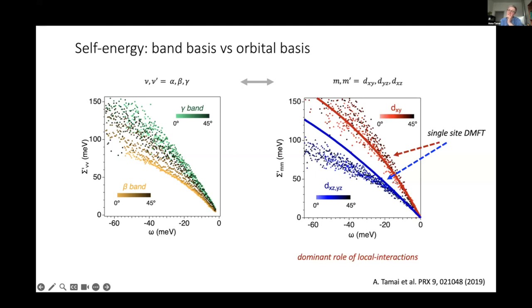So what we extract from experiment is in very good agreement with a calculation that considers only local interactions, which settles the stage a bit. We can describe the Fermi liquid state of strontium-2 ruthenium-4 with a bare Hamiltonian that includes spin-orbit coupling enhanced by correlation, and the evolution at the Fermi surface is consistent with a dominant role of local interactions.